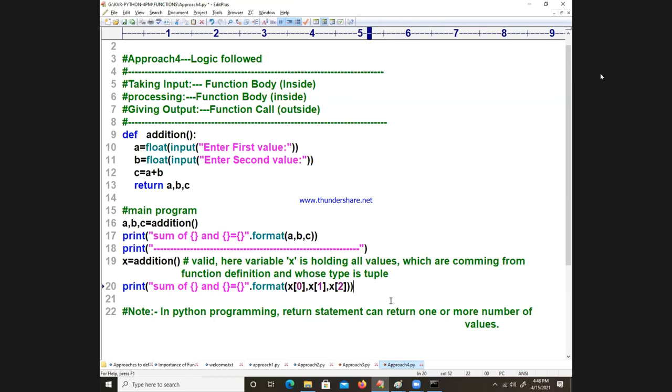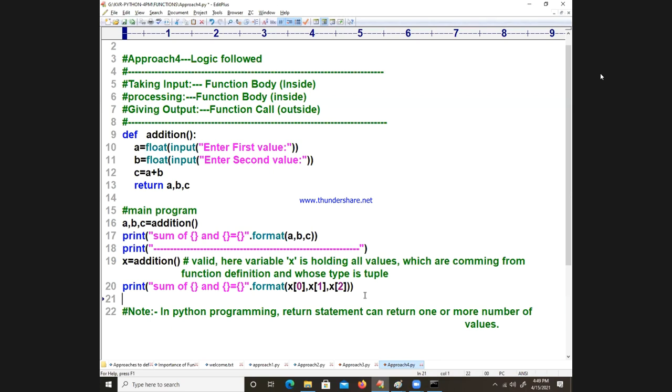Now, coming back to the point, all these things are cleared. All the approaches are cleared. So this tuple also is cleared. So 3 values are coming from the function. 3 values are getting stored in the tuple. First value indicated by 0 index, second value by first index, third value by second index. That I am retrieving with x of 0, x of 1 for the second value, and x of 2 is called the third value. We retrieved all those things. Right. Now next we are going for